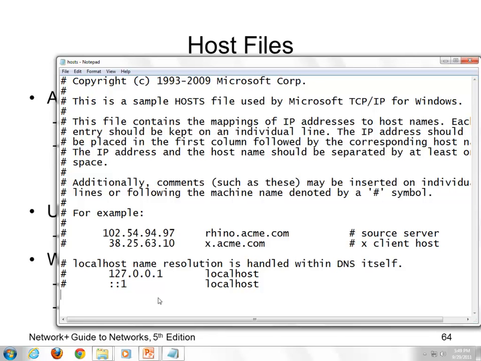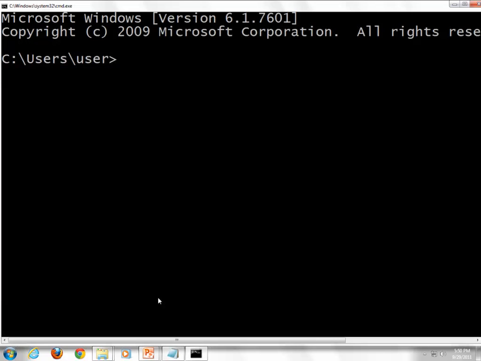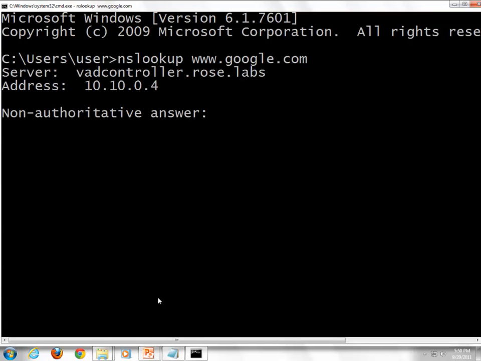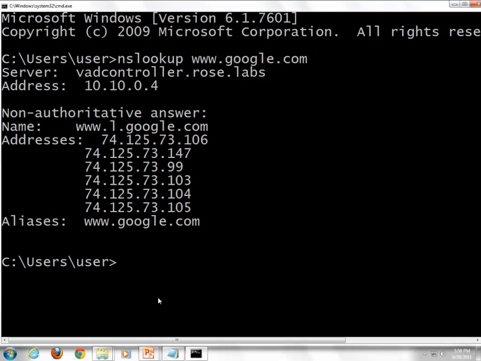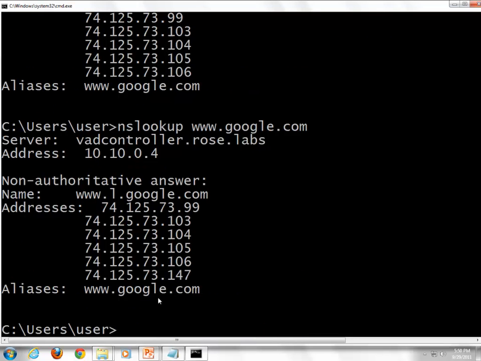Well, I'm going to show you, let's hope this example works. No guarantees, because Windows 7 changed a little bit. All right, I'm going to get the number for Google. All I did was a command called nslookup, name server lookup, for Google. It gave me a bunch of numbers. Everybody okay with those numbers there? First of all, do you know why it gave me more than one? Most domains give you one. There's a thing called round robin. Now you watch. If I do it again, watch the order of the numbers. The top one's 106. Now the top one's 147. Now it's 99. Now it's 103. That's 104. See, they're rotating. It's called round robin. What that means is the first one to bring in Google gets one. He gets the next one.